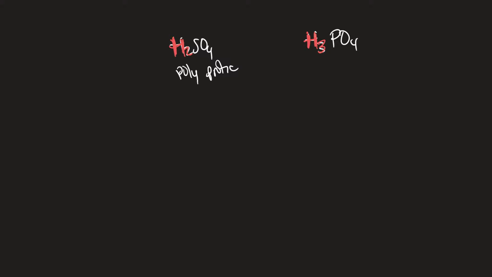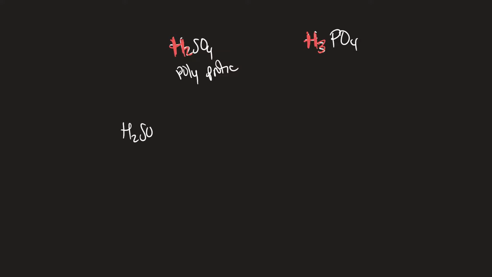As I said earlier, the donation of each successive hydrogen from a polyprotic acid is more difficult than the one before it. That simply means that when it loses a hydrogen, the Ka values are much lower, so the acid becomes even weaker. Let me give you an example of this. When we have H2SO4,